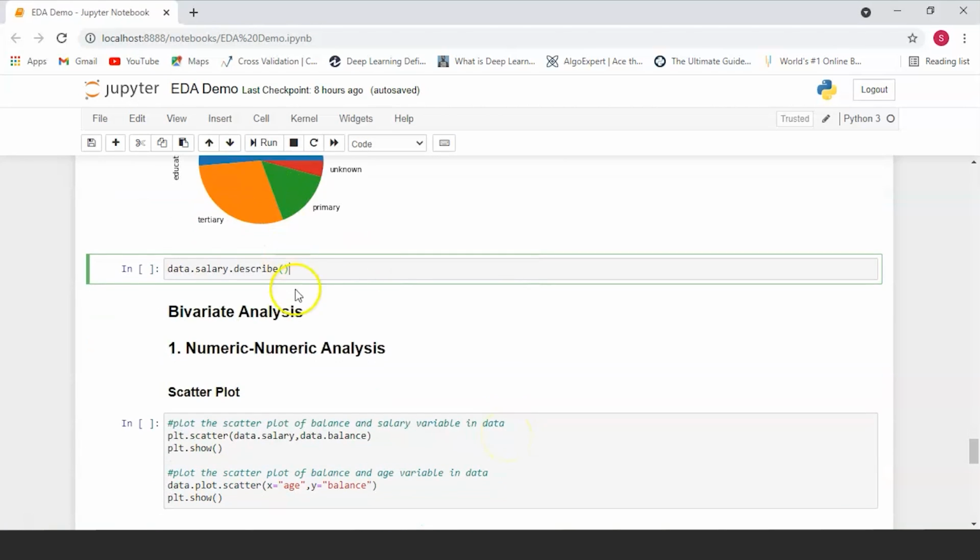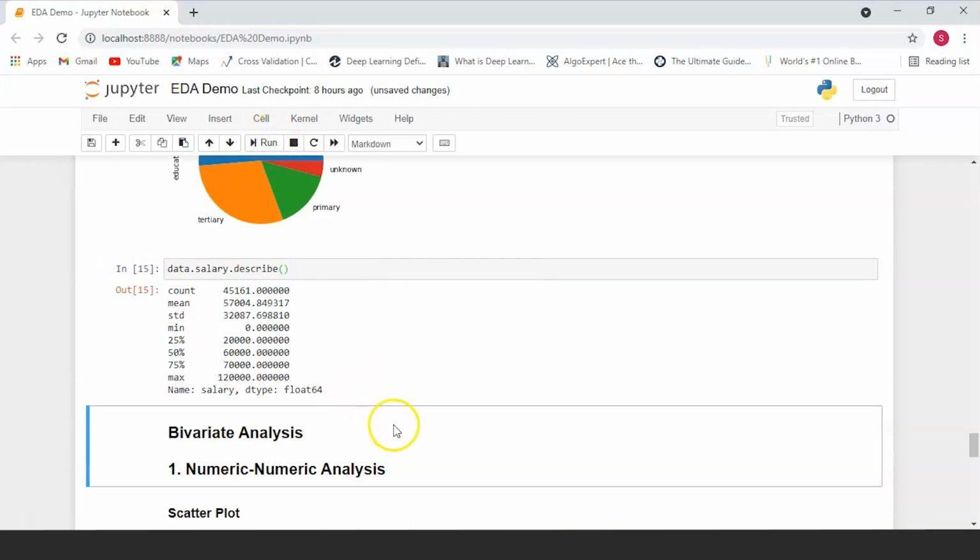Now let's also take a look at the salary column. So in our salary column, we're going to be using the describe function in Python. Now the describe function is going to give you mathematical insights about your column.